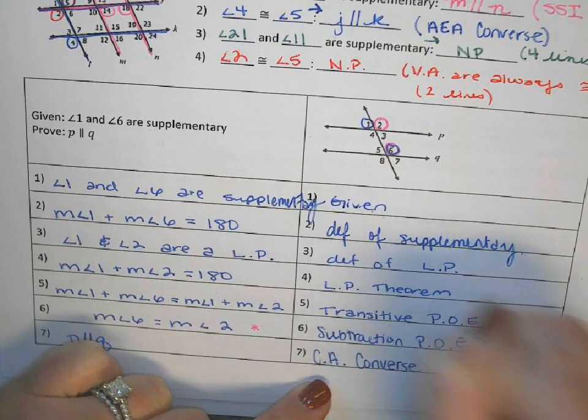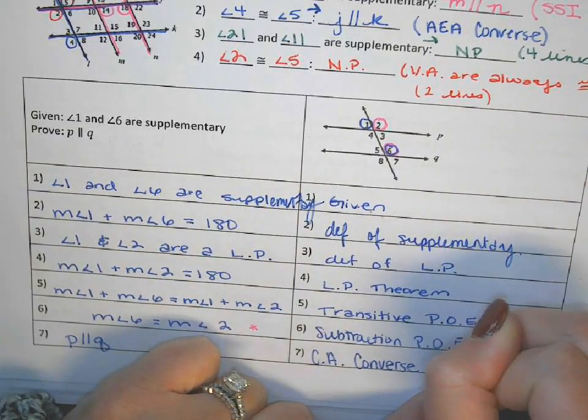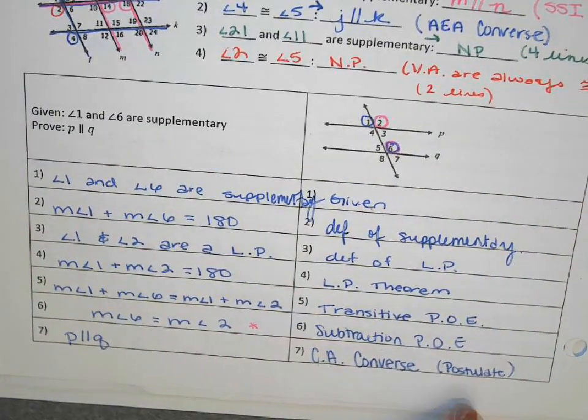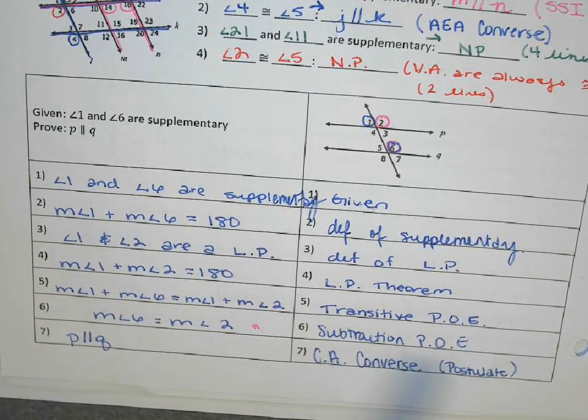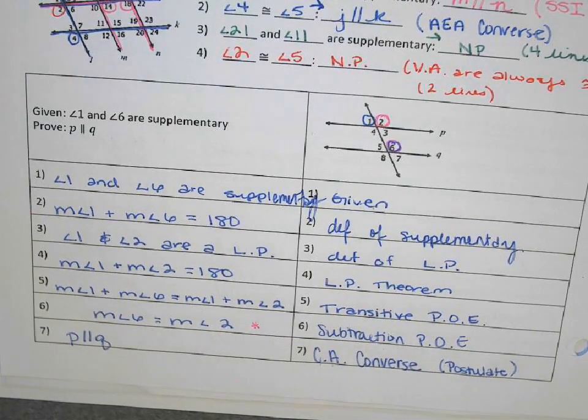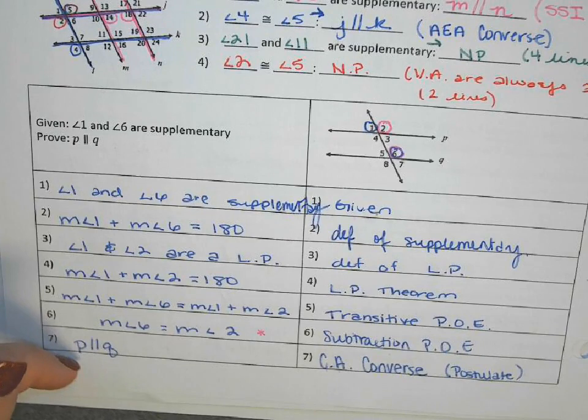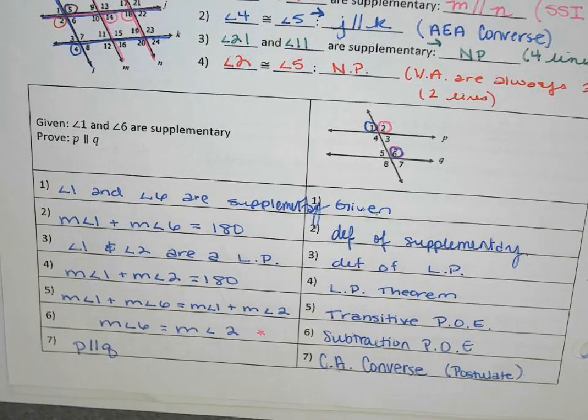The reason why we can use this in a proof is because this is a postulate. The postulate is the one that we assume to be true. We have to use that postulate to prove because the theorems are what we have to prove. Since we started with corresponding angles that are congruent, then we went to parallel lines. That's how we knew it was the converse versus the postulate. Okay, it's the converse of the postulate. Does that make sense? Okay,